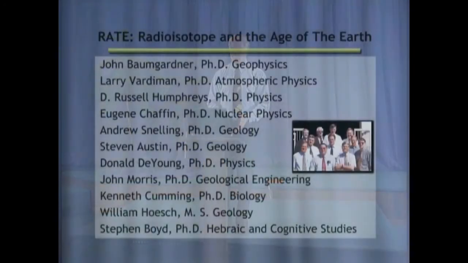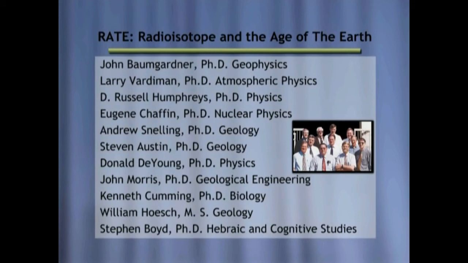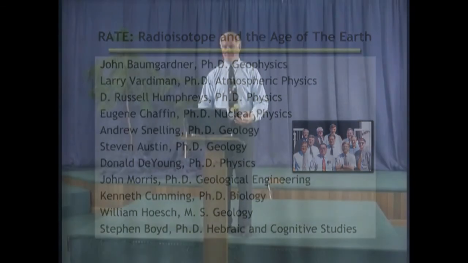deception. You know, there's many scientists out there today working on these projects, radioisotope dating projects. There's a group called the RATE group, called Radioisotope and the Age of the Earth, a group located at the Institute for Creation Research. We have a whole group of scientists working specifically on this whole concept of age dating. We have geophysicists, atmospheric scientists, physicists, nuclear physicists, geologists, geological engineering, biologists, even a person who's a Hebrew scholar to examine what does the Bible teach. So we have a whole group of scientists working specifically on this, and what they're finding out, and confirming,